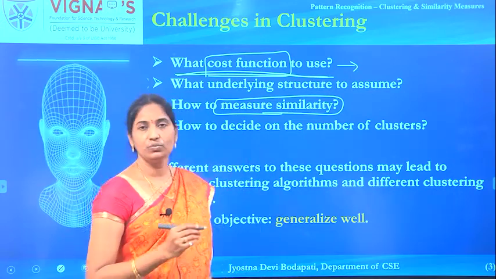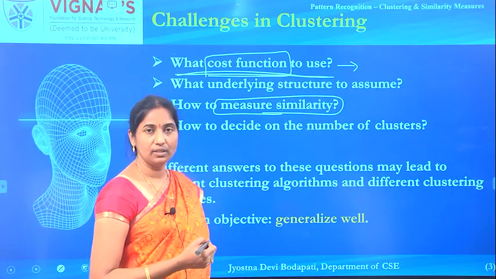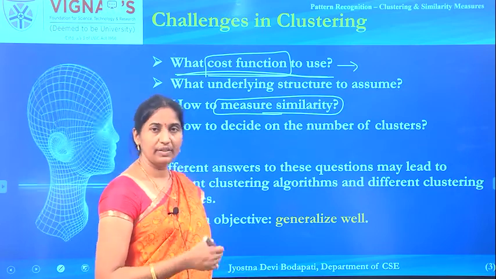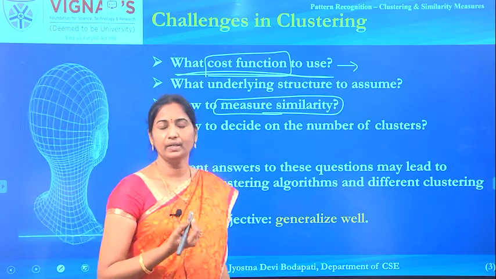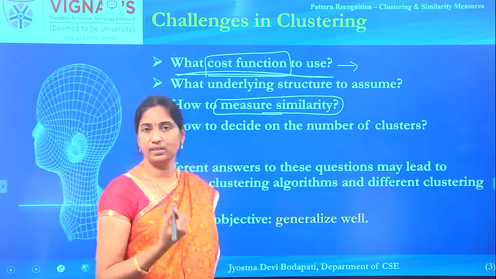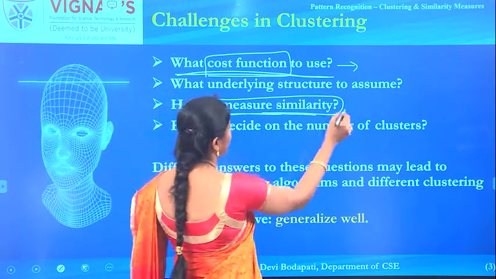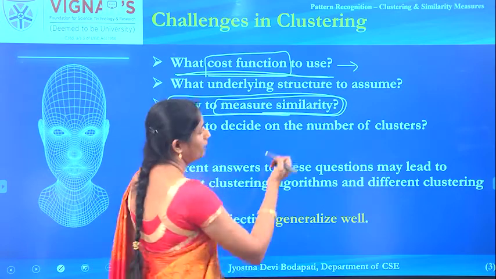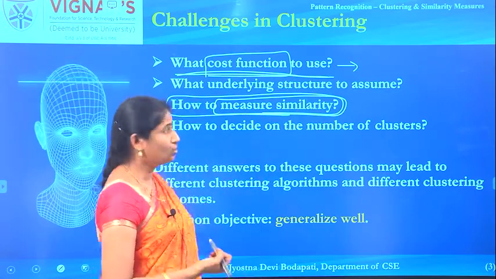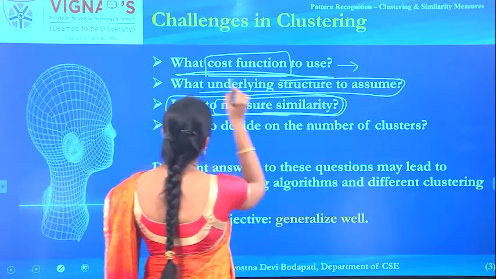So one way is, depending on the type of data, we can select the similarity or the distance measure, but even then we have different options. Say for example, in the case of numerical data, we have L1 measure, L2 measure, L3 measure, or the LP norm also you can use. And among the different possible measures, what is the type of measure you need to apply, that we need to decide, and what is the underlying structure that is to be assumed.